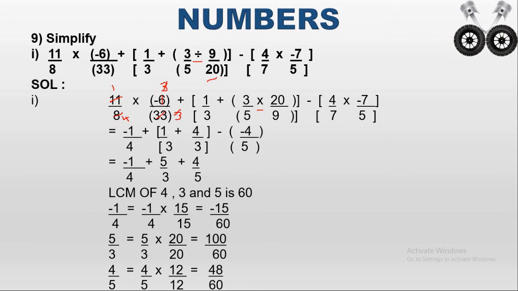So next we have to write 1 by 3 as it is plus. Again here 3 and 9 are having the common factor as 3. So 1 3s are 3 and 3 3s are 9. Again we can cut 5 and 20. These two numbers are having the common factor as 5. So 1 5s are 5, 4 5s are 20. So next we can cut the 7 and 7. These two are having the common factor 7. So 1 7s are 7.